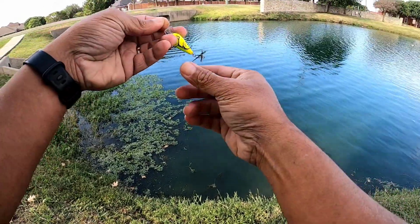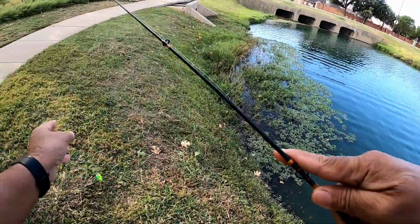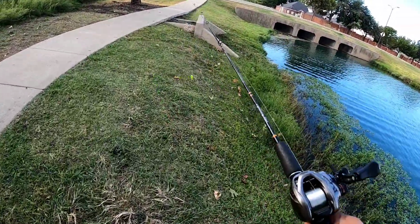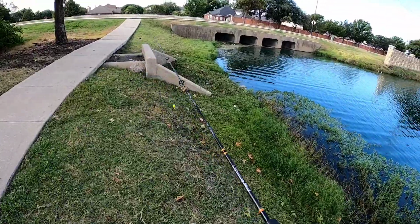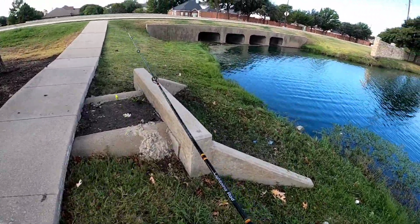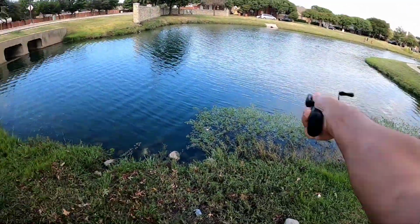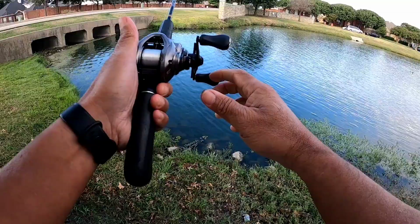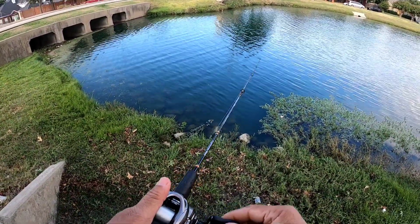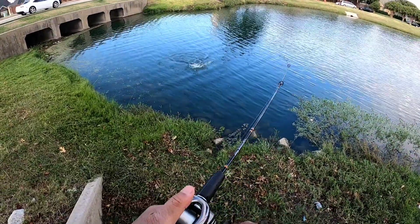Some will say, oh, why don't you just go and use a spinning rod, spinning reel? Well, you can, and maybe it's the same reason why I like fly fishing also, is there's a whole bunch of different ways to fish. I just want to do it with a fly rod, or in this case today I want to do it with a bait caster. I can cast light lures, because if it was all about catching the fish, well,